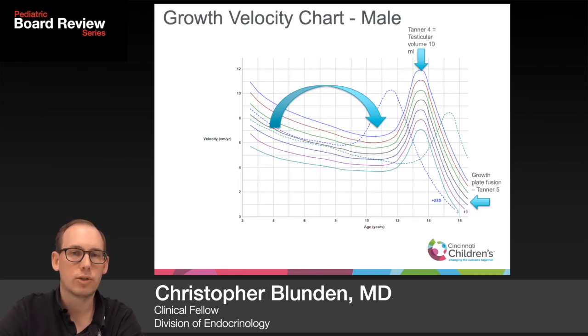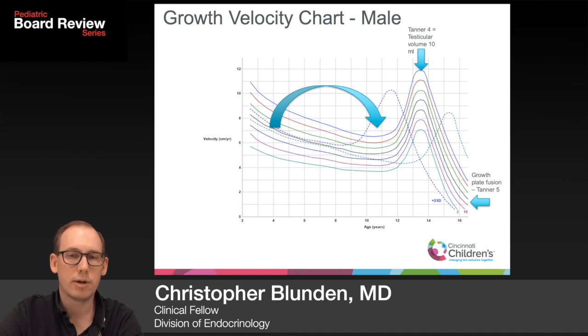So as far as growth velocity, it's normal for any child to grow very quickly in infancy and early childhood and progressively slow down their growth velocity throughout childhood until puberty is reached. So this is an example of a growth velocity normal chart for a male. You can see that throughout childhood the growth velocity decreases until a pubertal growth spurt is reached,